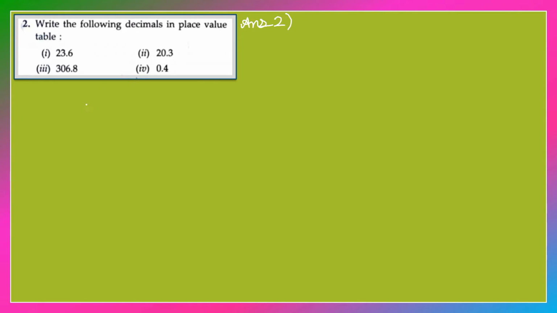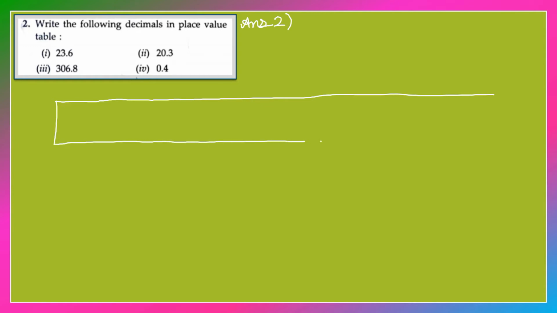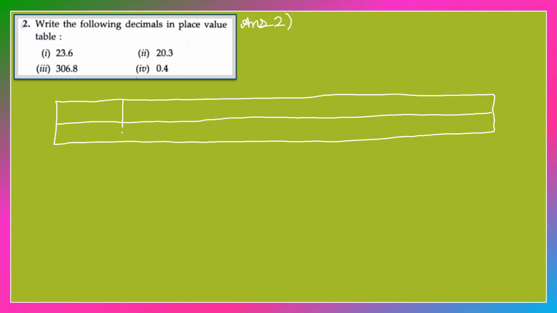So first of all, we're going to draw a table like this of 2 rows. I have only one number, that's why I'm going to use 2 rows. I have drawn the table freehand, but you should draw with a scale. Okay my friends, so we have a table like this. Now we are going to split this table into equal parts like this, as you can see. And now we are going to first of all write the number here.